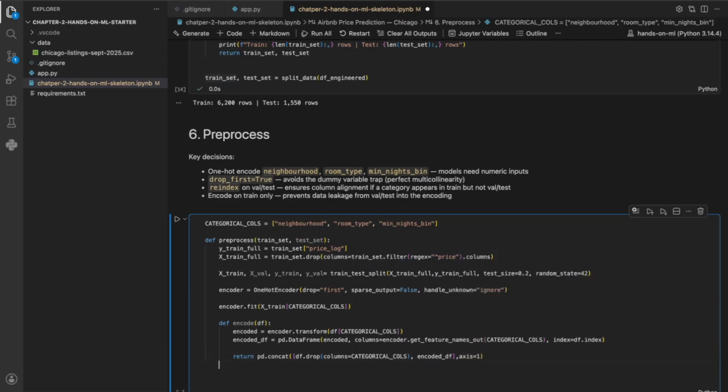And then basically what we're going to do is just say X train is equal to encode X train,